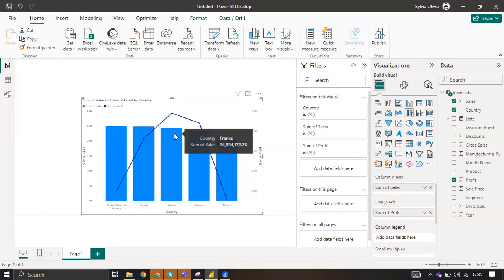So with this type of combo chart, you're trying to compare the profits you have for each of these categories, the category being the country. You're comparing the profit you have with the sum of sales you have. It won't always come in this format, but this is just the basic explanation of where you can use this combo chart. I've had a scenario where I used it in a kind of chart that is talking about